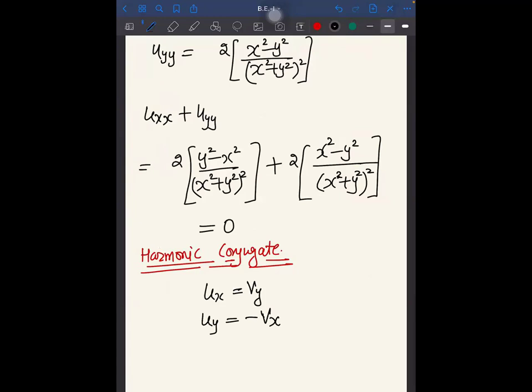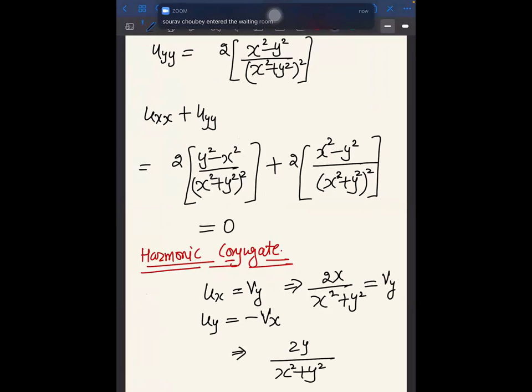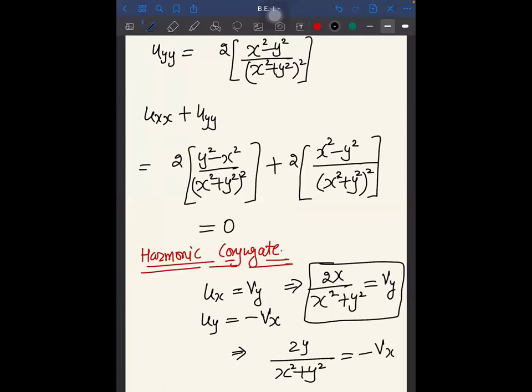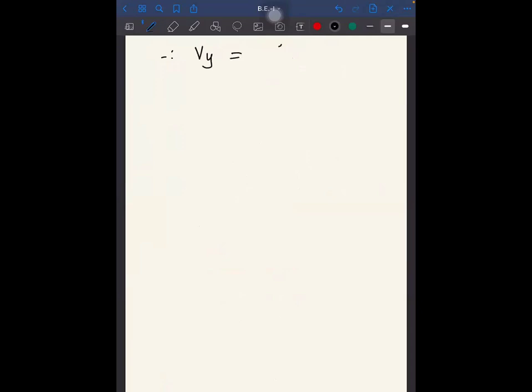So what was your ux? That is 2x upon x square plus y square is equal to vy. And what is your uy? 2y upon x square plus y square is equal to minus vx. So let's start with this thing as we have done in the last question. You will have this thing and you will integrate it with respect to y, right? So since your vy is equal to 2x upon x square plus y square,